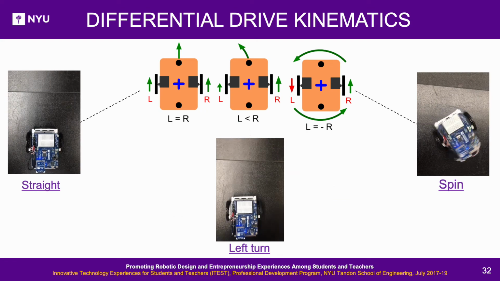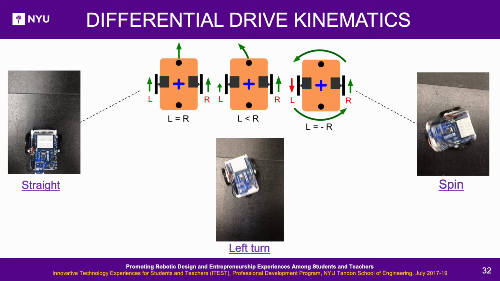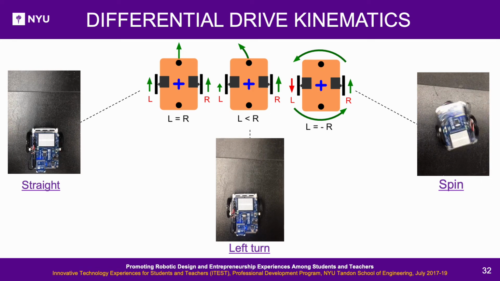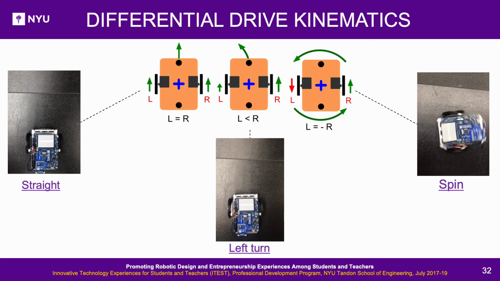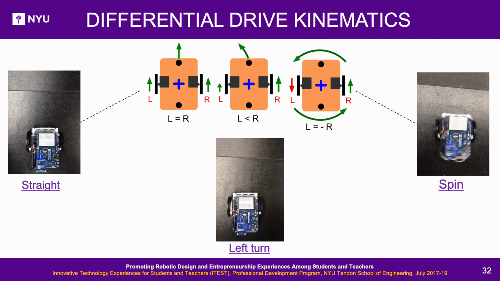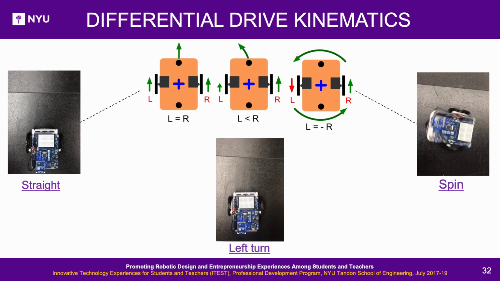Differential drive kinematics. 2 motors separately control wheels on both sides of the robot. Rotating both motors at the same speed drives the robot forward or backward, and reversing the direction of motor rotation reverses the robot movement direction. Rotating one motor at lower speed than the other makes the robot turn on the side